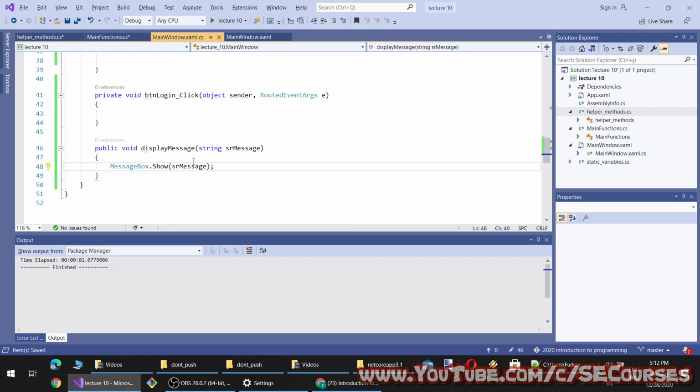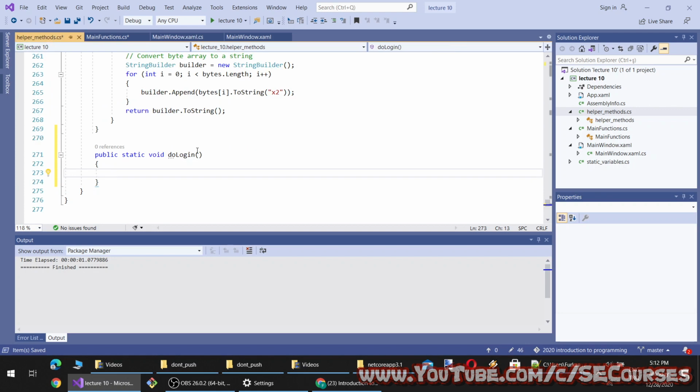I will explain why I am using this, and this will take an instance of main window, let's say is window. Okay, and inside login, what else am I going to take? I will take user logged in name. Okay, so in the do login method, I will log in the user.